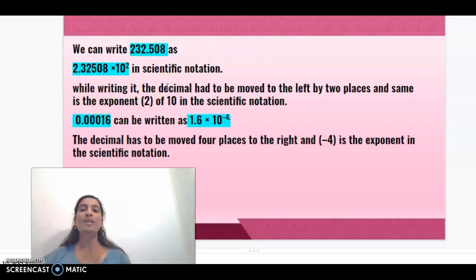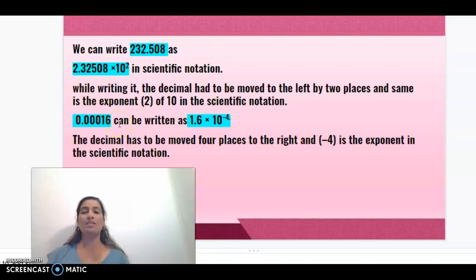While writing this, the decimal had to move to the left by 2 places, and the same is the exponent 2 of 10 in scientific notation. So this is now written in the form N into 10 raised to n, where N can vary from 1.00 to 9.99, and small n has a positive value. Now let's see this number,